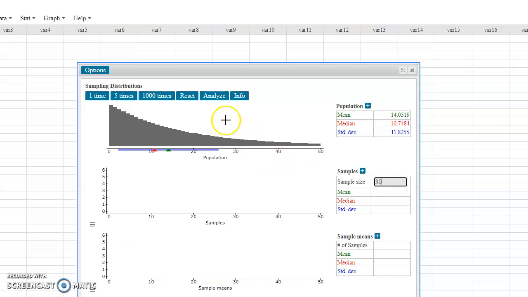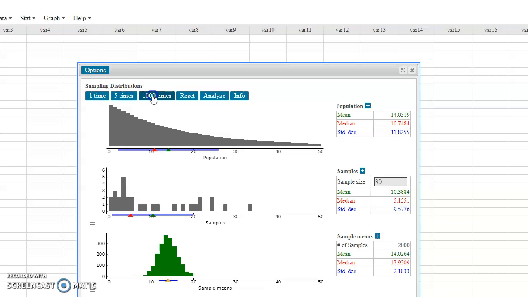Okay, so we'll reset it. Now let's take our 5,000 sample means. We'll look at the three major things. Let's look at the mean of our 5,000 sample means: 14.0589, very close to the population mean. Then the standard deviation of our 5,000 means, 2.1498. So the theoretical standard deviation should be